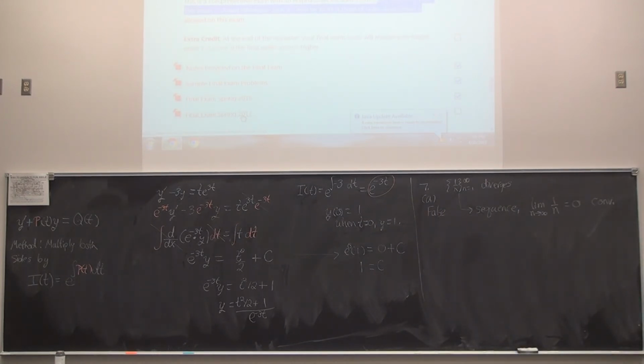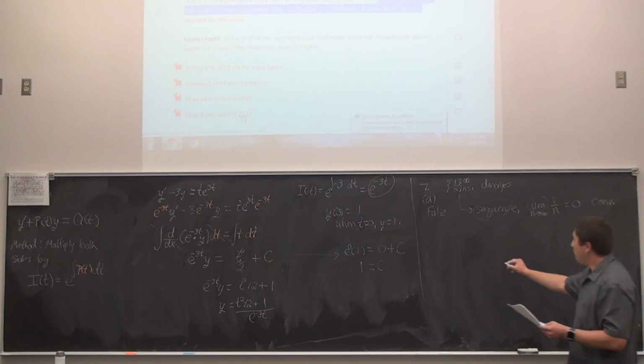But if we're looking at, say, this series with a summation symbol, that would be the divergent harmonic series. And you could show that that, in fact, does diverge using, say, the integral test. And the book gave an alternate proof of that fact. But written in this way, you're just dealing with a sequence. And every time you're trying to determine convergence versus divergence for sequences, it's always just going to be a limit. So those are kind of the nicer problems. So let's go off to part B next.